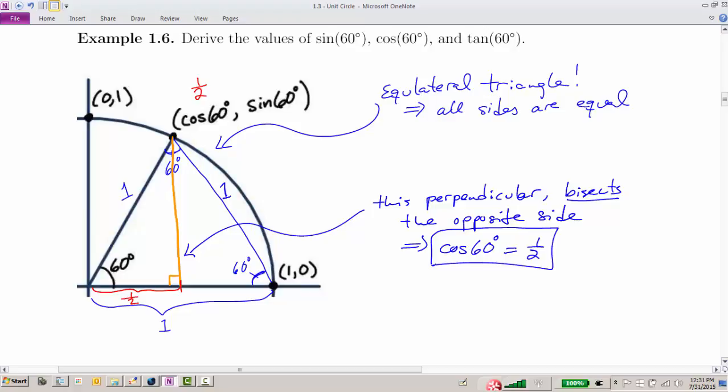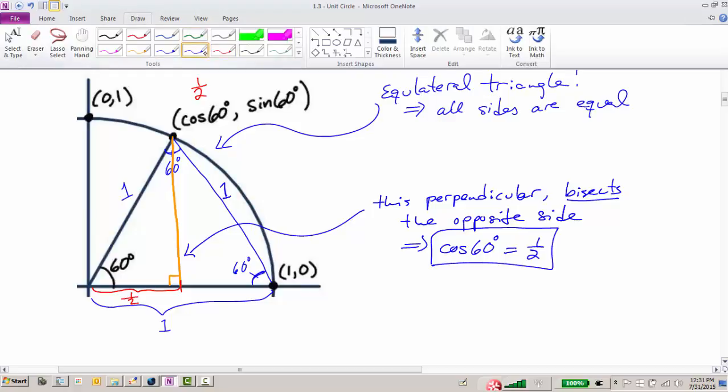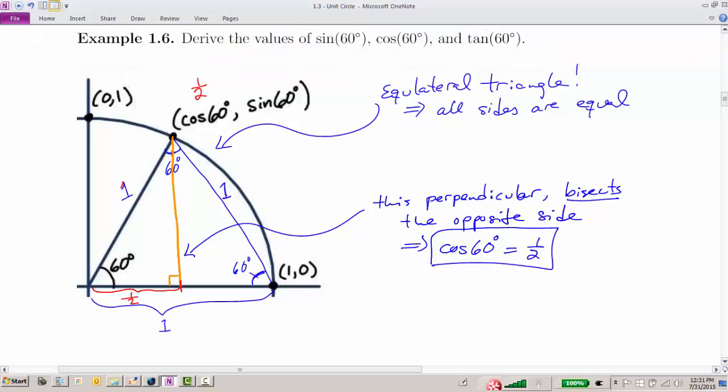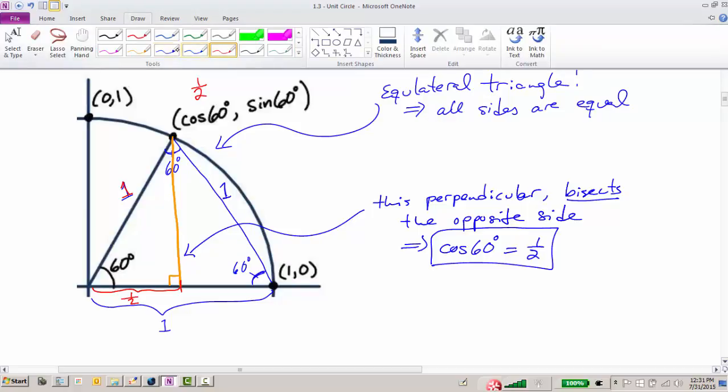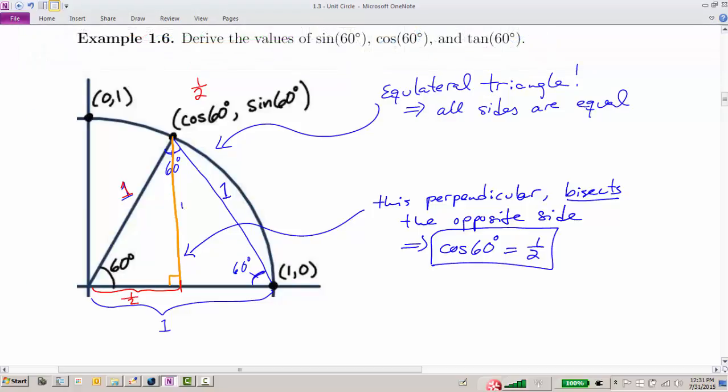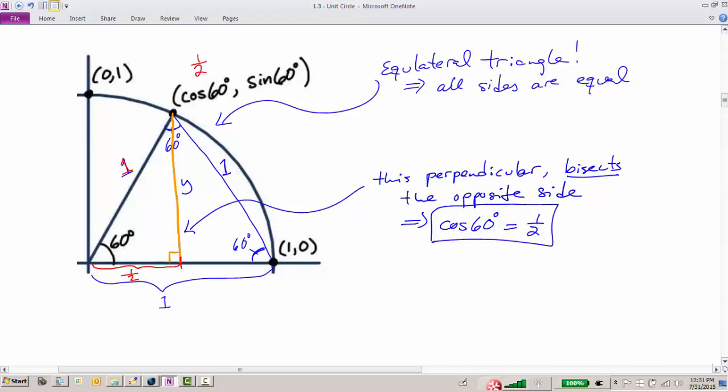So there's one value of the three that we're looking for. Next, we'll find the value of sine of 60 degrees, and we'll do that by focusing on this right triangle. That would be the triangle here with the side we just marked with a length of 1/2, the hypotenuse of 1, and now the unknown length, the unknown vertical side here, which I will denote with a y, since the length of that is equal to the y-coordinate of the point up here. And we'll use